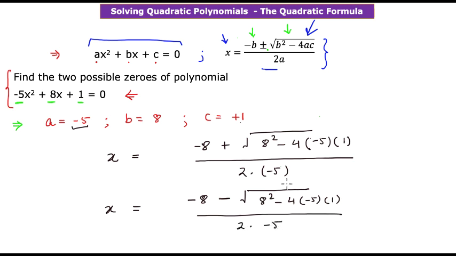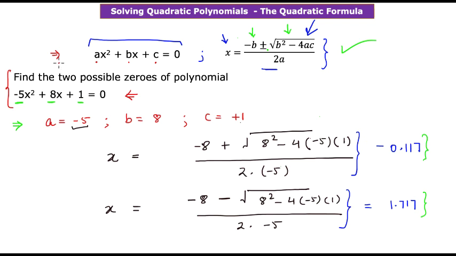And now I'm not going to go into the details of how you solve this computation, because that is a fairly easy part. But I can tell you that once you solve all of this mathematics, you'll find that this possible value of x comes out to be 1.717, and the first solution comes out to be negative 0.117. So these are my two possible zeros that we obtained using the quadratic formula, right?